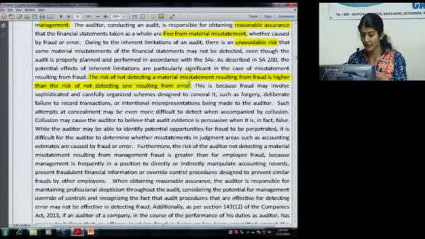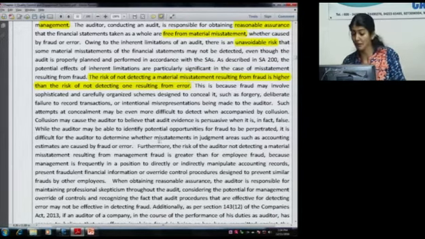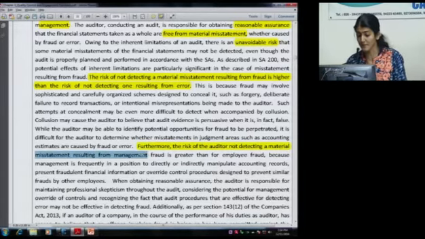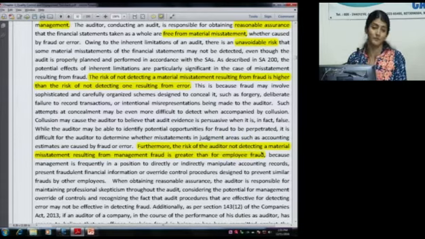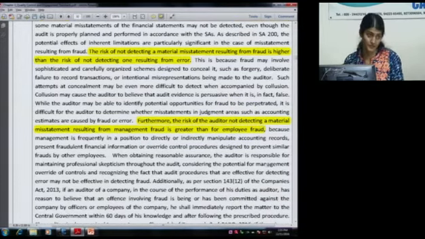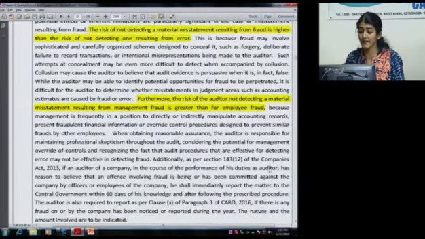Why it says fraud involves forgery and sophisticated, carefully organized schemes. Then come 4-5 lines. Then it's written, furthermore, the risk of the auditor of not detecting a material misstatement resulting from management fraud, what? Is greater than for employee fraud. Because management is frequently in a position to directly or indirectly manipulate the operating records, accounting records, present fraudulent information,